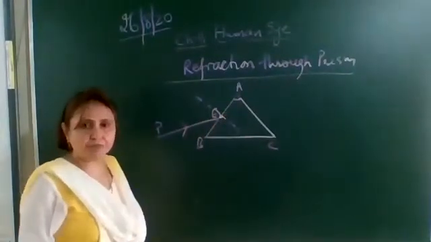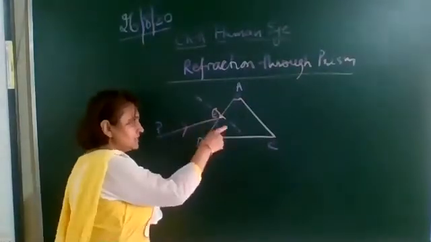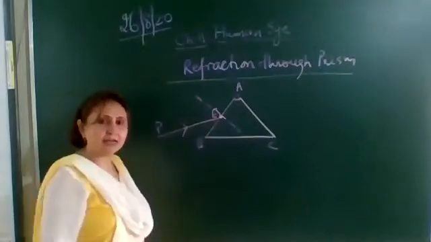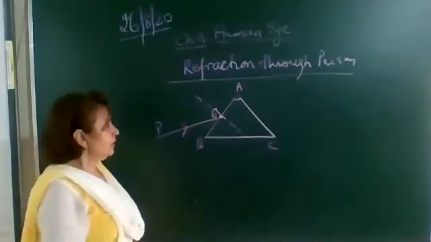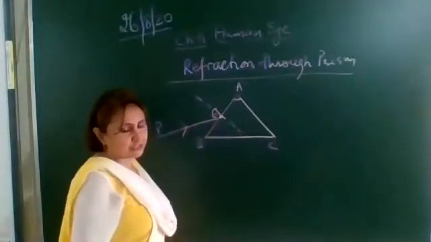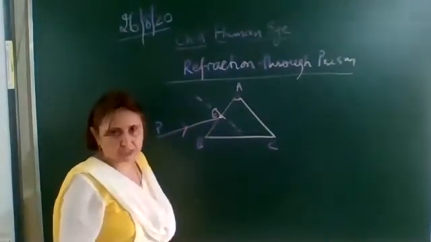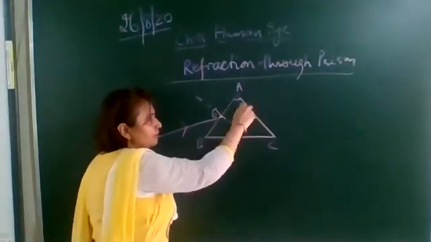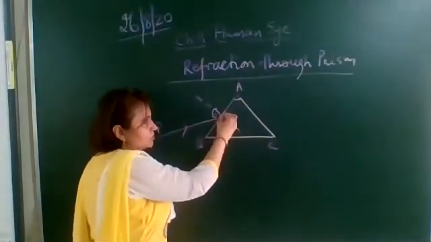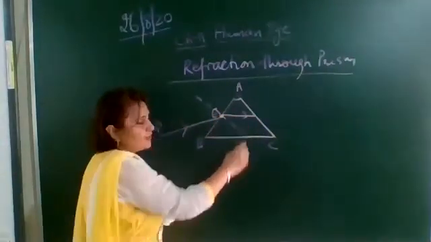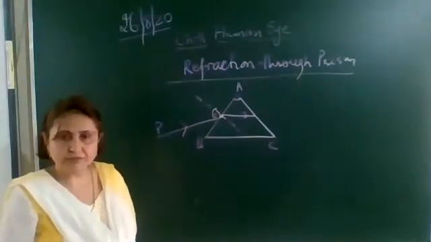Let this be the normal. This is the normal that is perpendicular to the AB face, at the point E. Now this ray, as it is going from rarer to denser, will bend towards the normal. This ray will not go straight, will not bend away. This is the normal, so it will bend towards the normal. So this ray of light bends towards the normal.